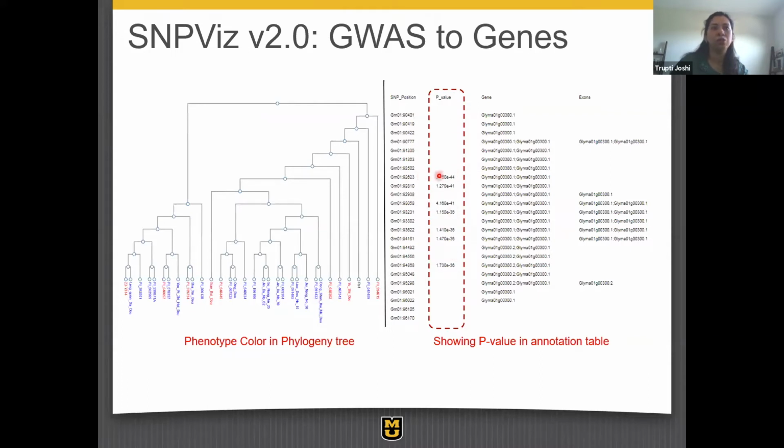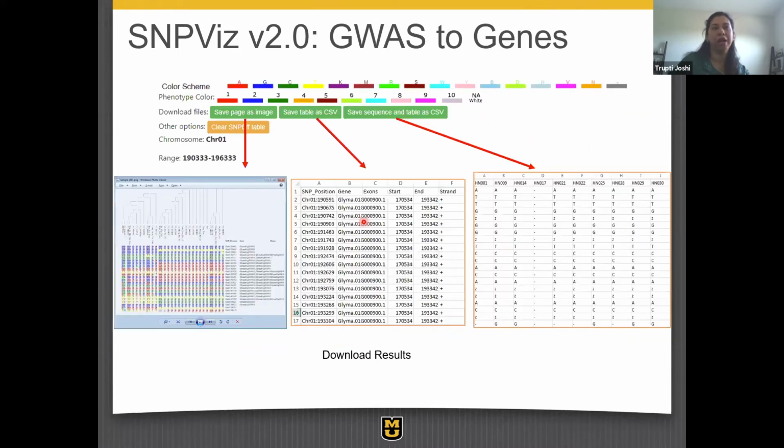So it tells you these were the regions which came up as significant hits in your GWAS analysis, and it allows you to tap into the causative gene and the regions around it, which usually fall around the GWAS areas and not exactly the SNP that came out. This really allows you to inspect some of that. All of this can be done online. If you wanted to download and save the results, it provides the results in these three different formats, and these can be downloaded for sharing or for further analysis on your own.